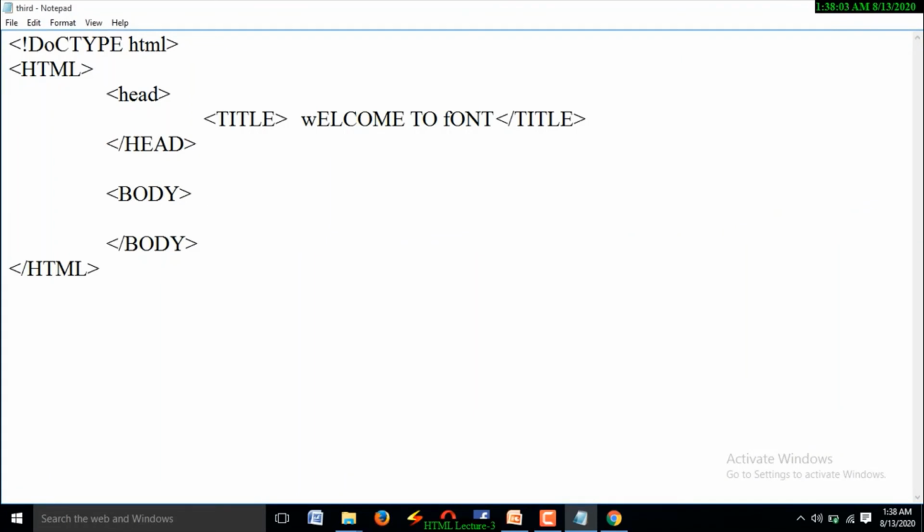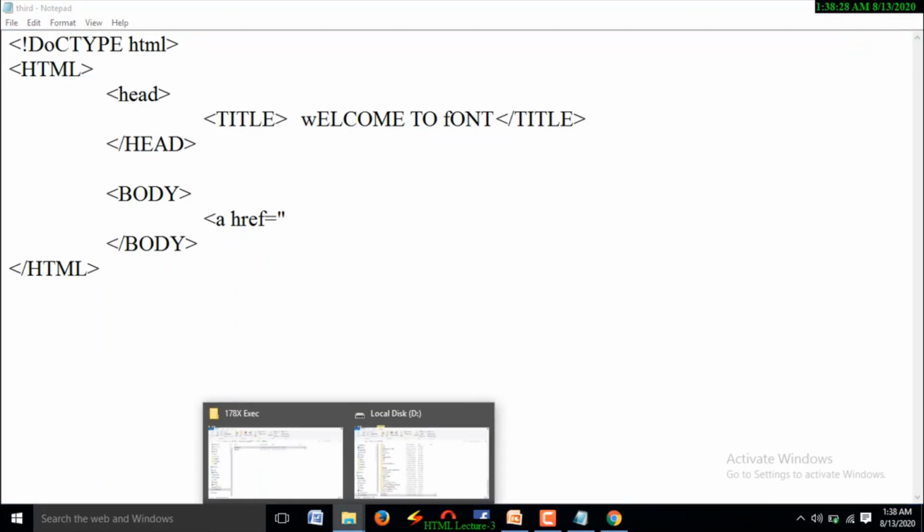See, here I am going to write the anchor tag. The anchor tag has one attribute called href, hypertext reference. Href is equal to, and after clicking here, you want to visit which web page. You need to mention the destination web page.